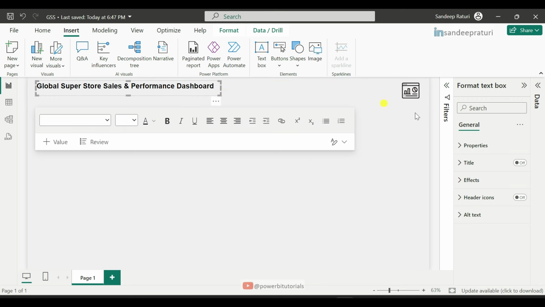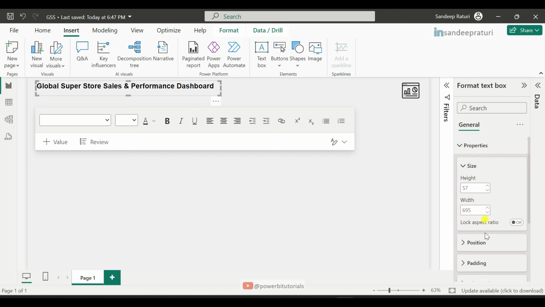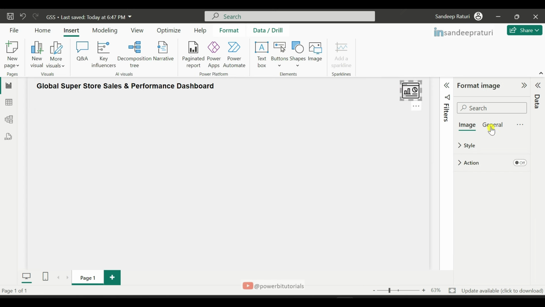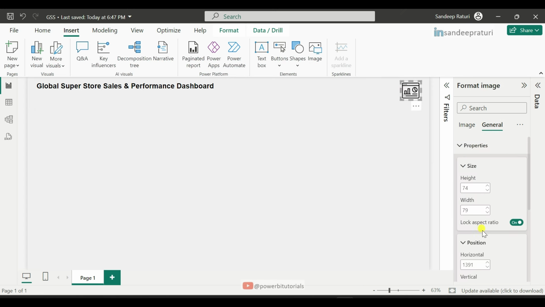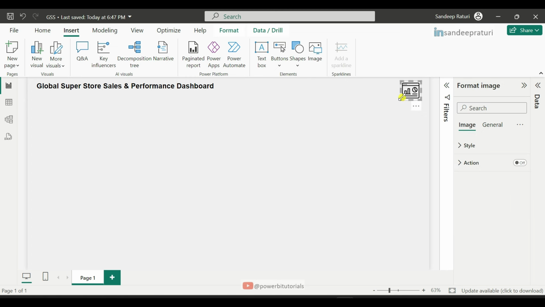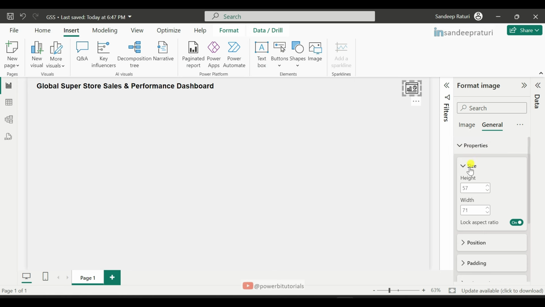And for heading, we set the vertical position 12 pixel, you can see here under position, and the same vertical position we will set for the image. So select the image, go to the general, open the properties section, and here you can see the position, and it's automatically set to 12, but from here you can set it to 12 if 12 is not set. And you can also decrease the height of the logo a little bit like this. So let me show you the final height and width for the logo. So under the general tab, open the properties. So this is the final height and width for the logo. So you can directly use this height and width for your logo. So now we are good with heading and logo.